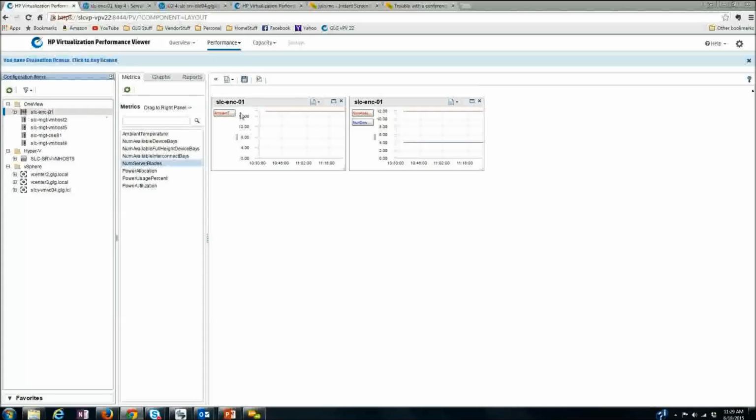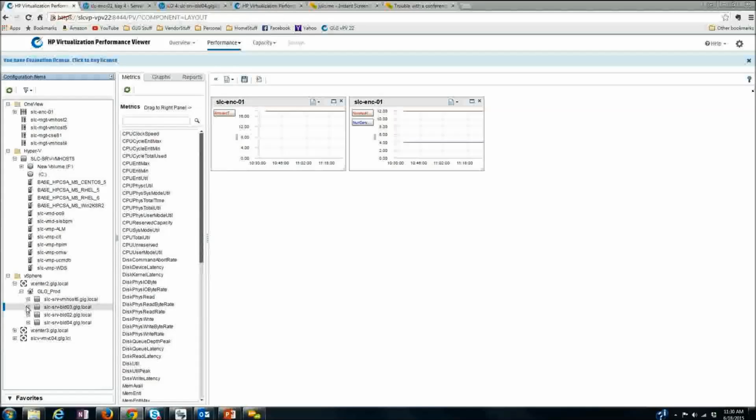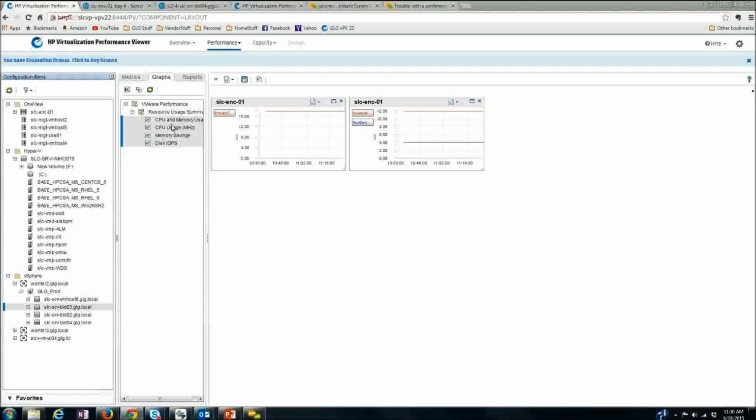So this is context sensitive, right? Number of enclosures, number of available, is something that's relevant to one view. Hyper-V has a set of metrics that are relevant to Hyper-V at the VM host level. I go down to a VM, there's a different set of metrics there. vSphere has its own set of metrics. I go down to a data center level, I get something different. I go down to a blade, I get a different set of metrics. The whole idea is it's very easy for me to draw and be able to get things that I want,